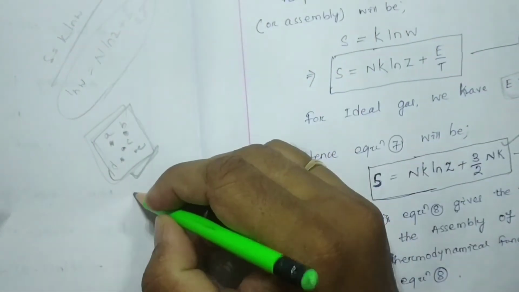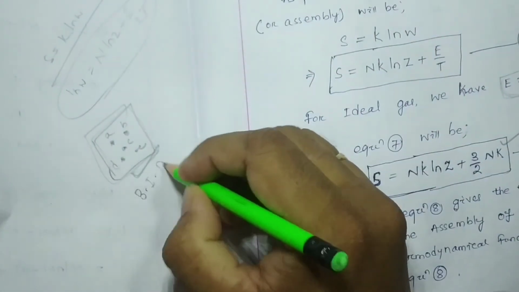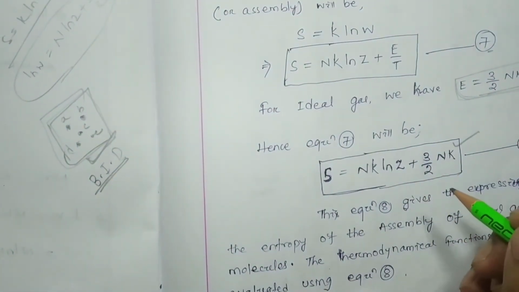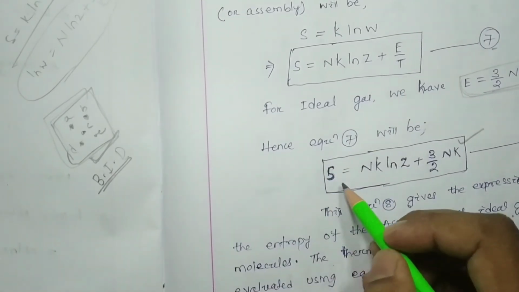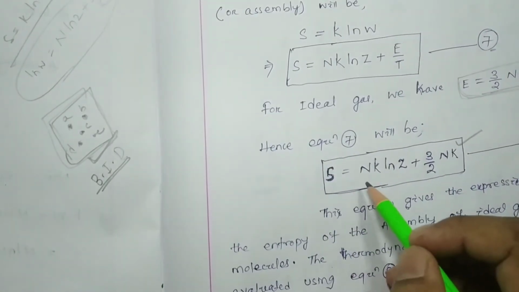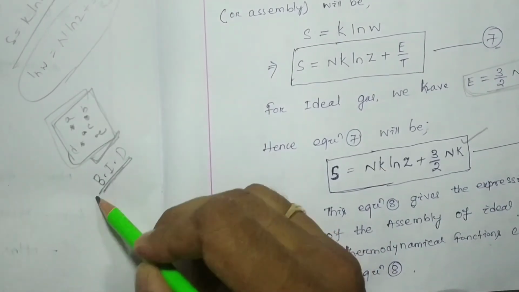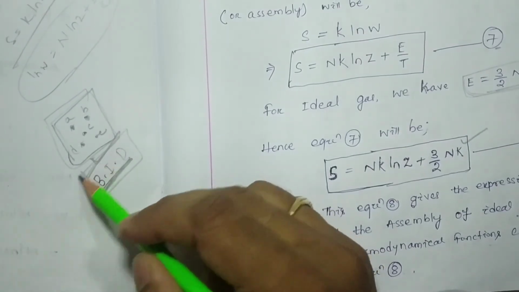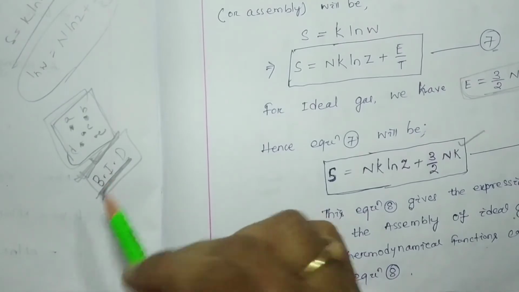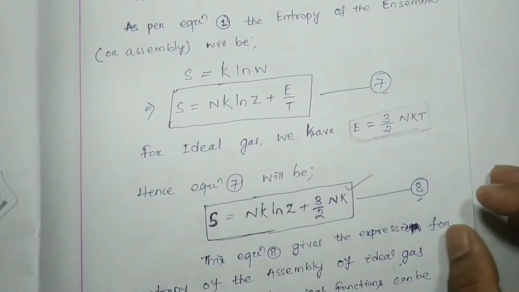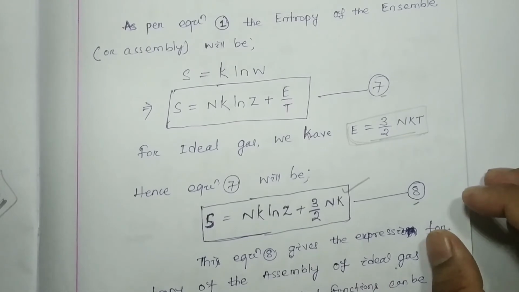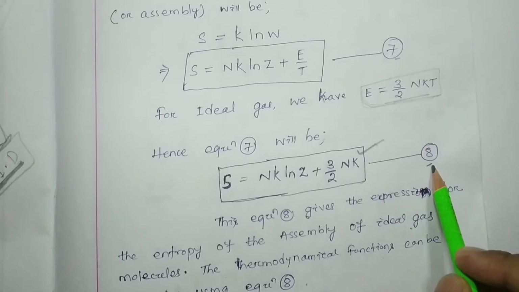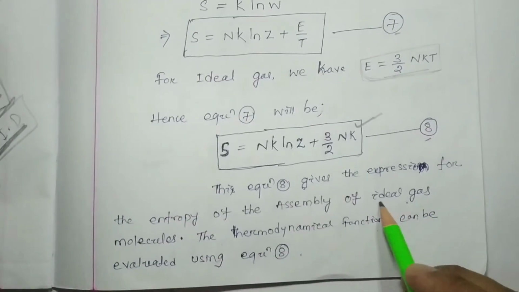Whenever we consider Bose-Einstein distribution, this expression is not going to give the correct expression from which the additive nature of the entropy is proved. That means this expression is going to be modified if we consider Bose-Einstein distribution. Whatever has been proved from the Gibbs paradox, we will discuss in our forthcoming classes. Now this expression, your equation number 8, is the entropy of ideal gas molecules,